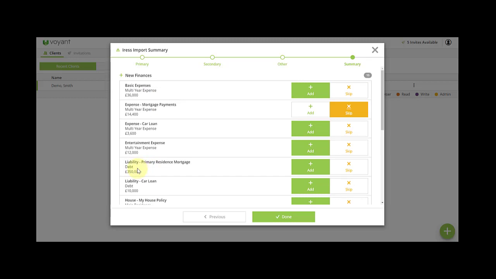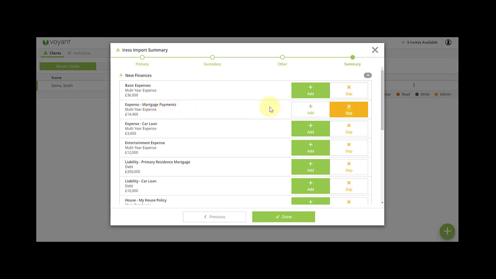Now in Voyant, if you enter a debt, you also then have the facility within the debt to enter the payments. These payments are treated as an expense. So you don't need to enter an expense for the mortgage payments in separately. So in this case, there would be a duplication of that mortgage expense. We're looking at how to improve this, such as defaulting this item to skip or not showing it altogether, and